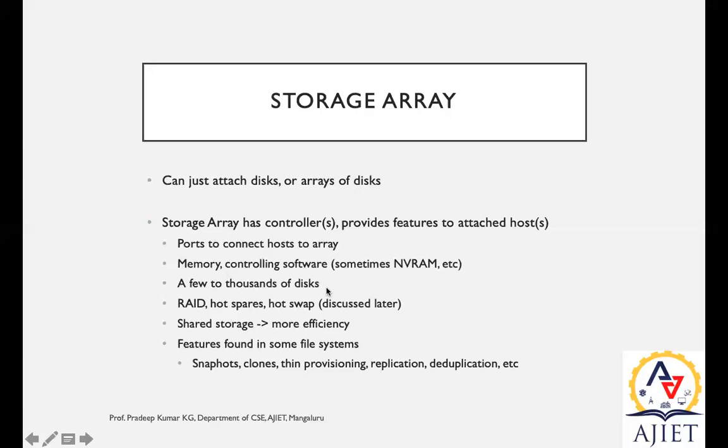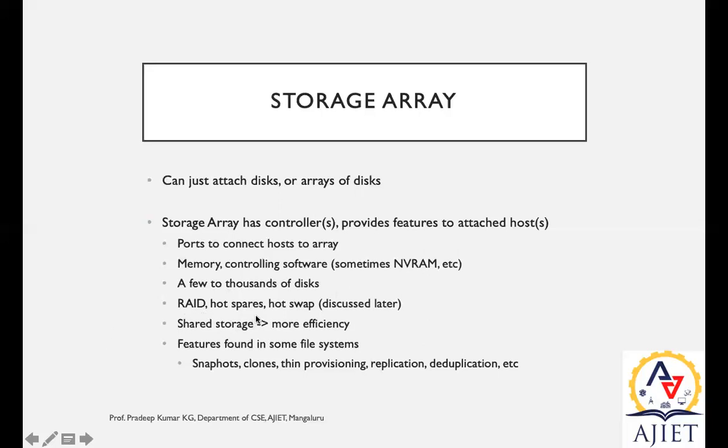If you recall the previous diagram of the disk storage structure, we discussed that each disk may have n number of platters. Similarly, over here, each setup may have thousands of individual disks. Using this, we may have a setup like RAID, hot spare, hot swap, all those. RAID is redundant array of independent disks. We have several varieties also, so we'll see that part later.